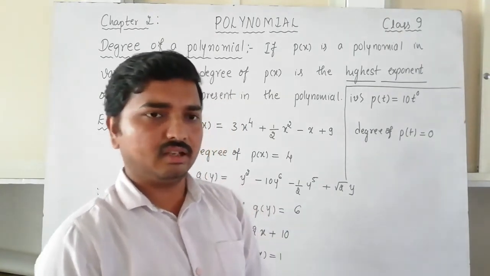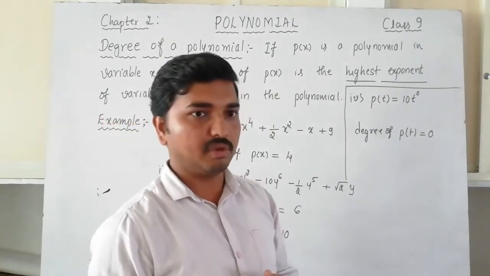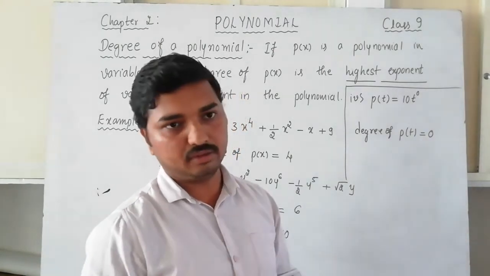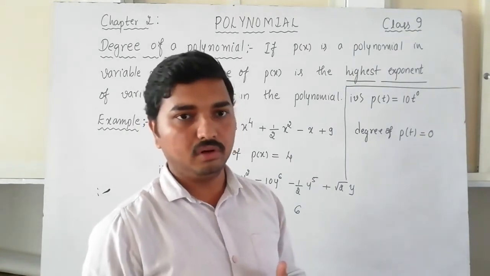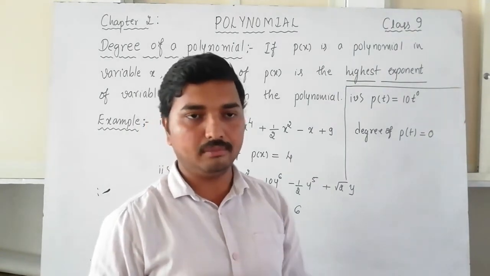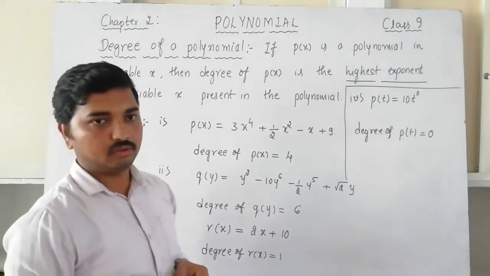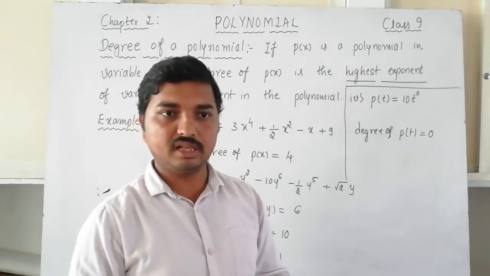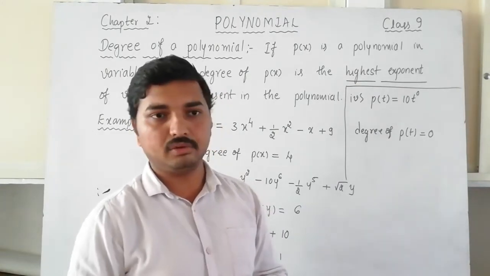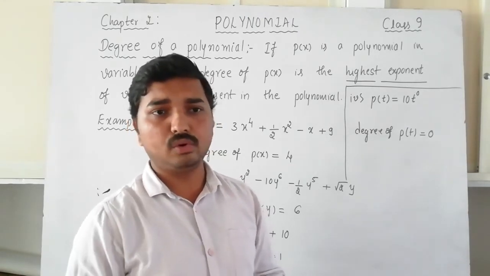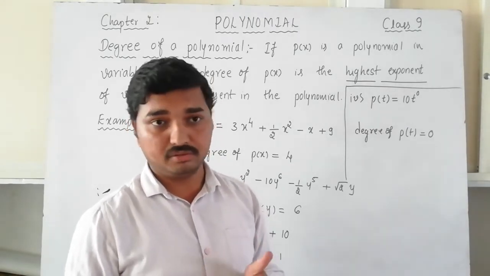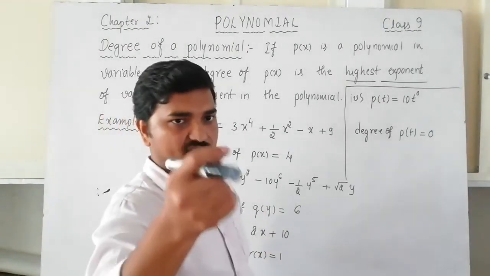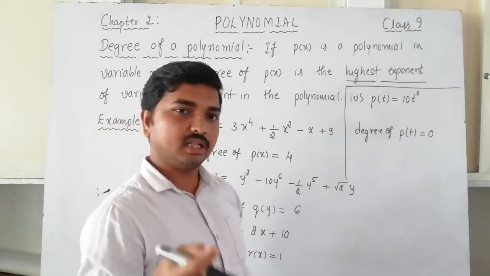Is it possible? Can you tell me an example of a polynomial of degree 1.5? Whole numbers. That is actually the answer I want. Degree of a polynomial is always a whole number or non-negative integer. Just remember this one. Degree of a polynomial is 1.5 means there is no meaning. It will not happen. There is no polynomial like that, with degree 1.5, 2.5, 1 by 2 like that. So remember degree is always a non-negative integer, or as someone said, a whole number. It is also correct.